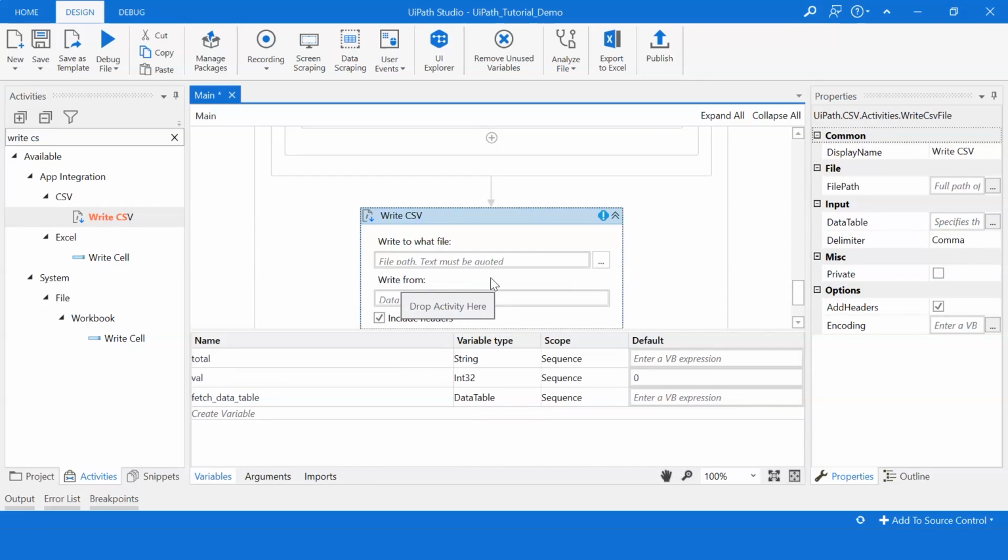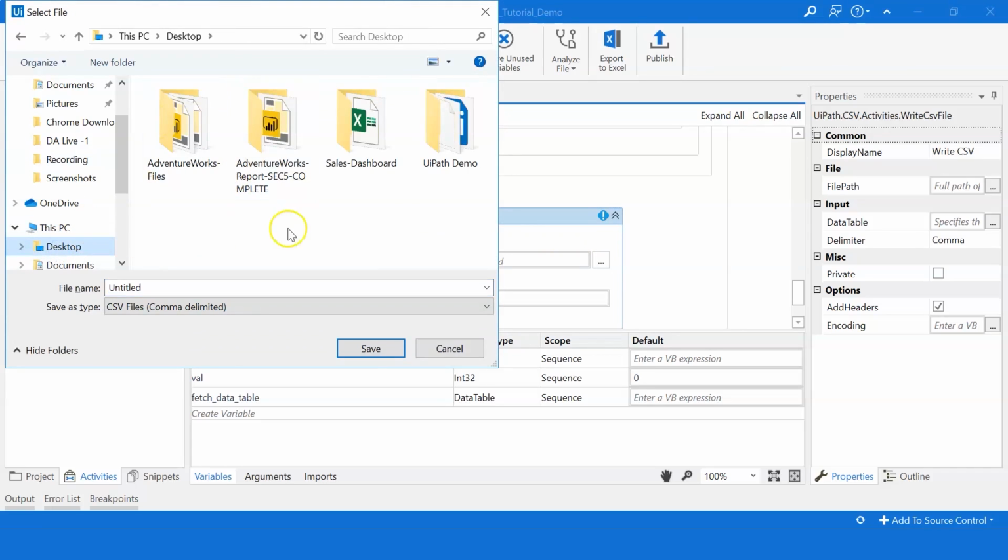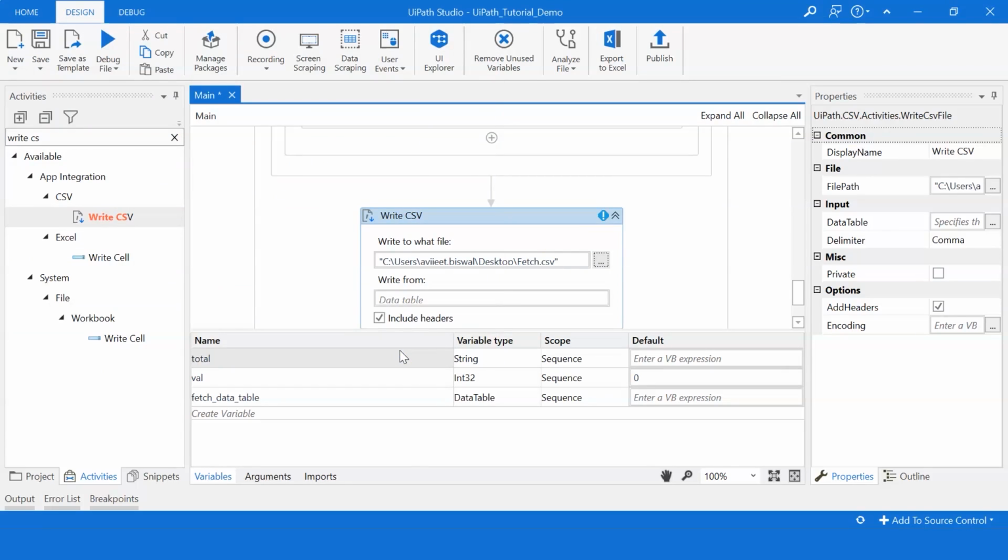Now you need to give the location where you want to place this file on your system and give the source from where it will take the information. I'll place it on my desktop itself. I'll name this as fetch, save it, and for the source I'll give fetch_data_table.